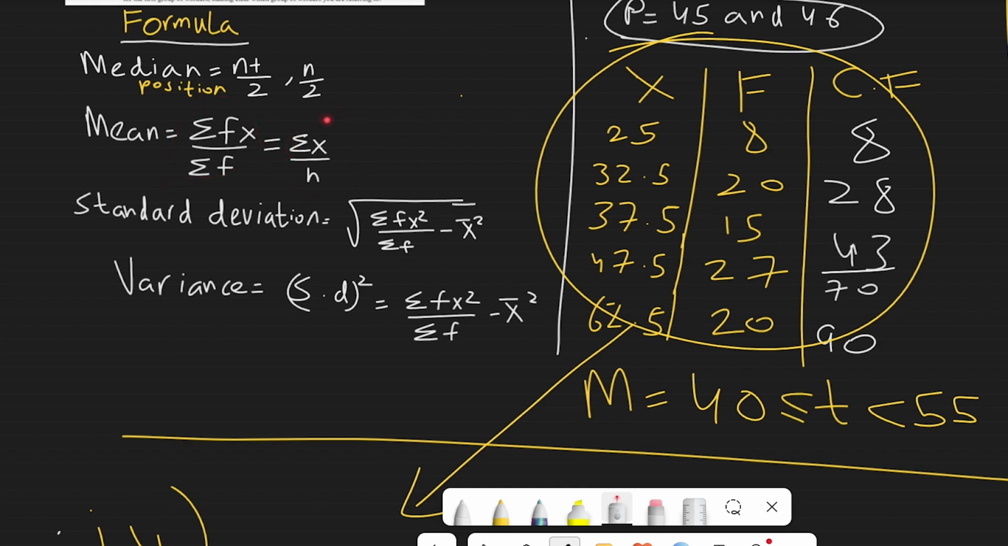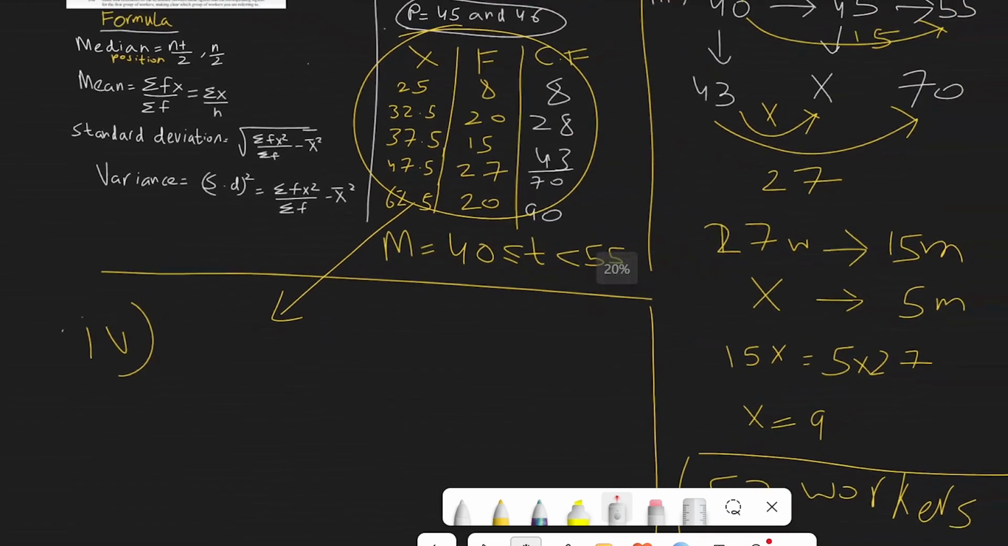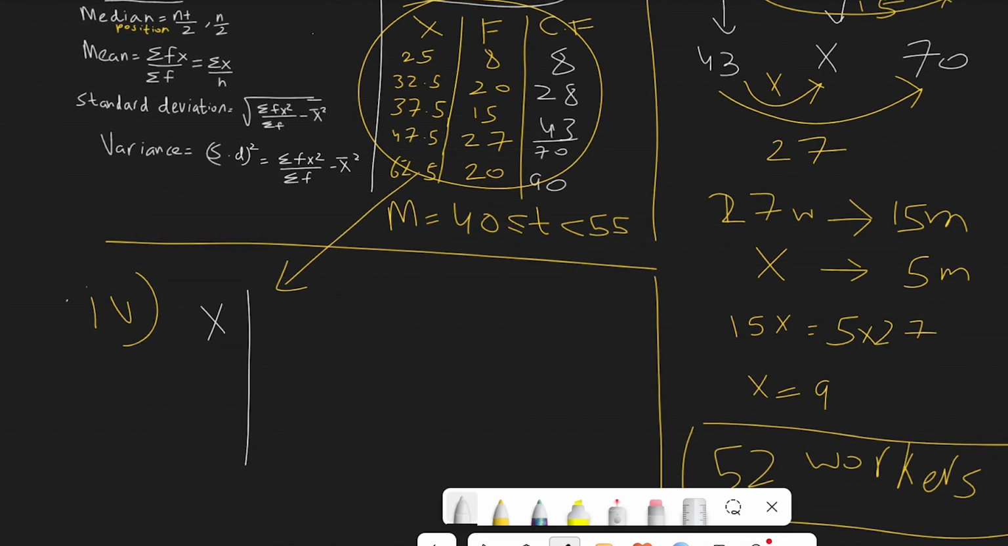Sigma f of x over sigma f. We can have sigma f which is 90. Now we need to calculate a table for sigma fx. First of all, I'll simply redraw the table for simplification. 25, 32.5,